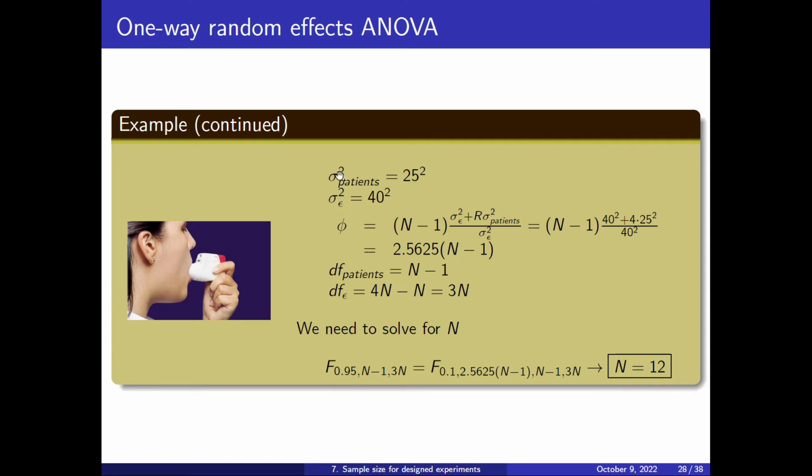So this is the sigma squared of the patients at which we already want to have this statistical power, and this is the sigma squared of the residuals. We have the non-centrality parameter, and we simply substitute here. We know everything except n, and then the number of degrees of freedom for the patient, the number of degrees of freedom for the noise, and then we can solve for n in this equation. That is not easy, but we will need 12 individuals